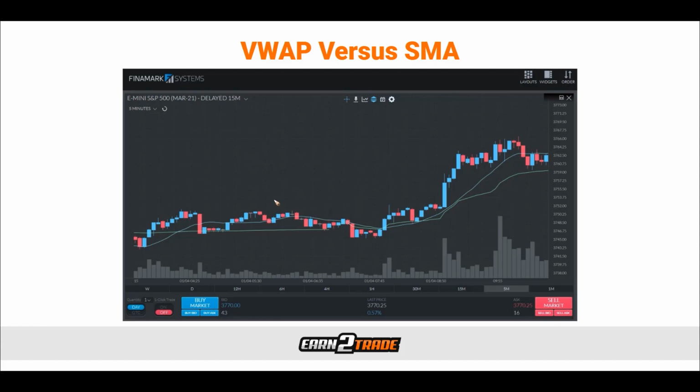With the VWAP, once it starts measuring, it starts fresh. With the simple moving average, unfortunately, it is going to start with all past data. Our VWAP is really good at helping us identify short-term trend reflection, whereas the simple moving average might be the better tool to analyze the long-term trend because it includes all of that past data. The VWAP is known to have a quick response to the current trends because of its nature, whereas the simple moving average usually is going to respond a little bit slower.